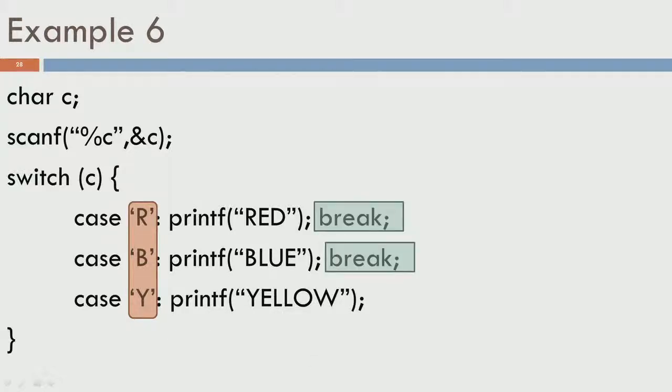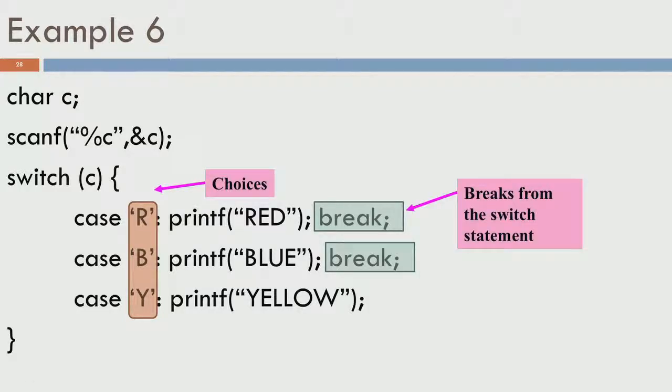The other thing that is new here is this notion called break. So, what happens with the switch clause is if R is true, then it prints red, and you put the break so that you do not want any of these other printfs to execute or even the conditions to be checked. So, if you print the red, you are now out of the switch clause if you put a break here. So, this is something that is new. These are the choices that you put in R, B and Y, and this break breaks away from the switch statement to outside the switch statement. So, it starts executing a block of code after the switch statement.